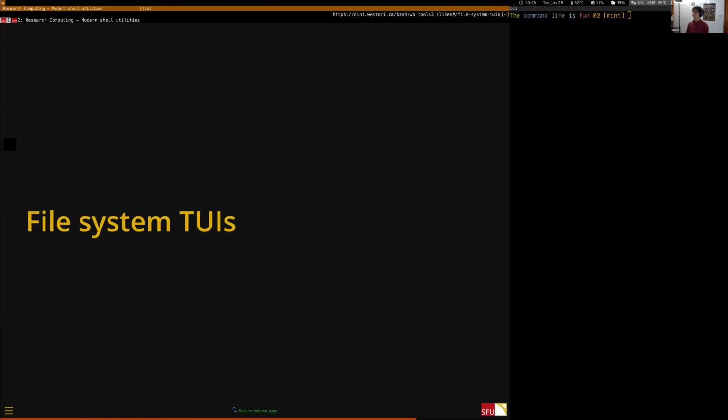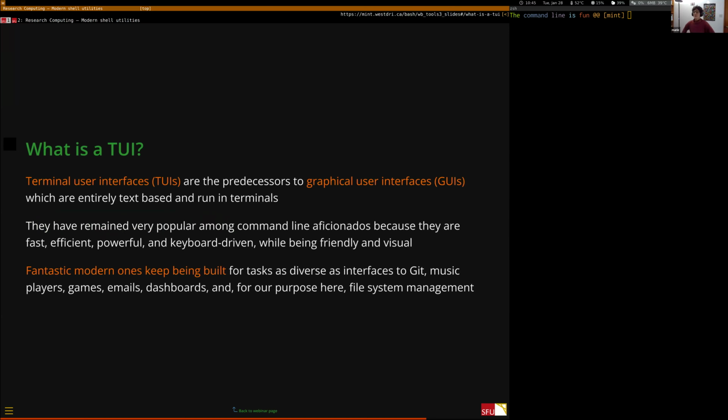Now, let's talk about TUIs, because TUIs are just another really cool thing. What are TUIs? So everybody is familiar with graphical user interfaces. They're most software that people run on their machine. They're the nice, beautiful windows with the mouse and clicking and all that stuff. And it was a revolutionary thing when they came out, and everybody was astonished and loved it, and everybody's embraced it. And we are crippled with GUIs,